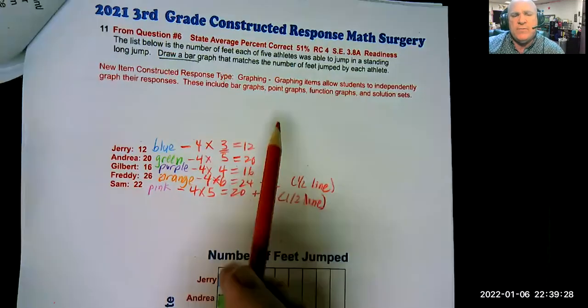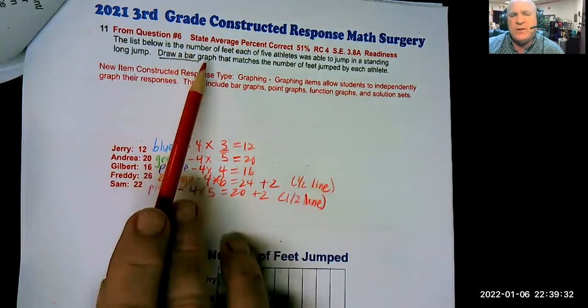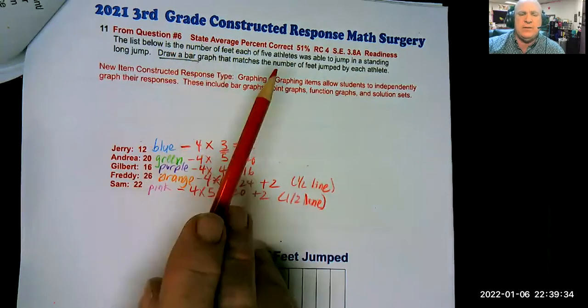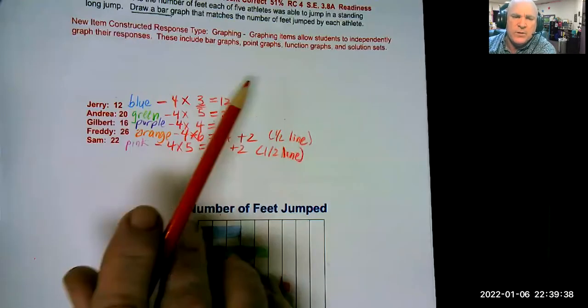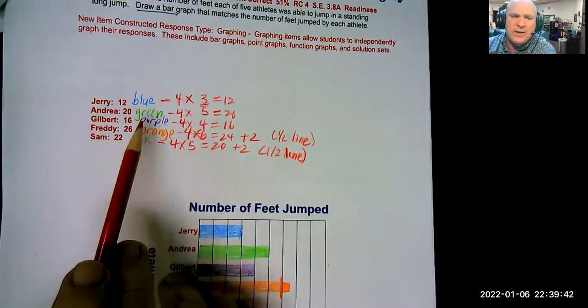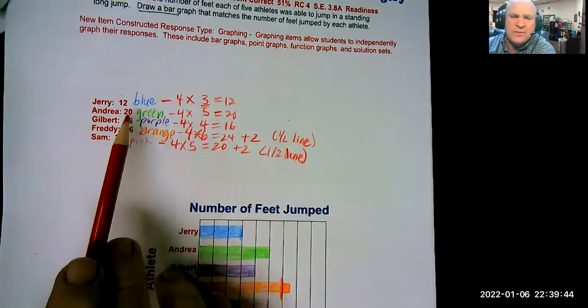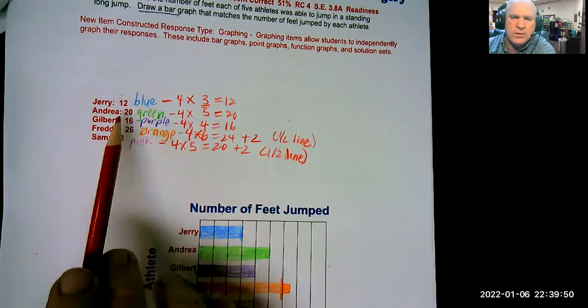It says, and I'm going to focus on this part right here, draw a bar graph that matches the number of feet jumped by each athlete. So here are the athletes, and in this open-ended format, they've gone ahead and given you numbers, and so I've assigned a color to each person